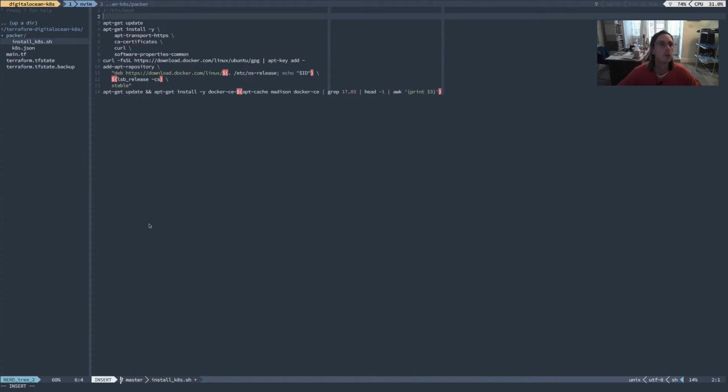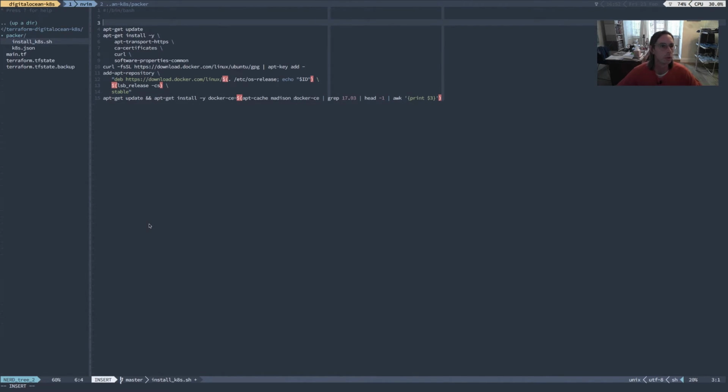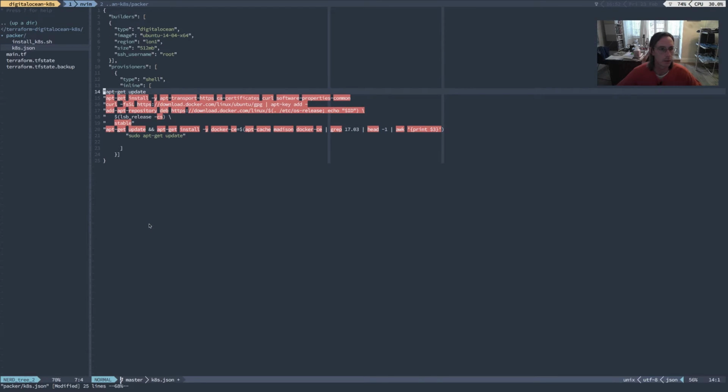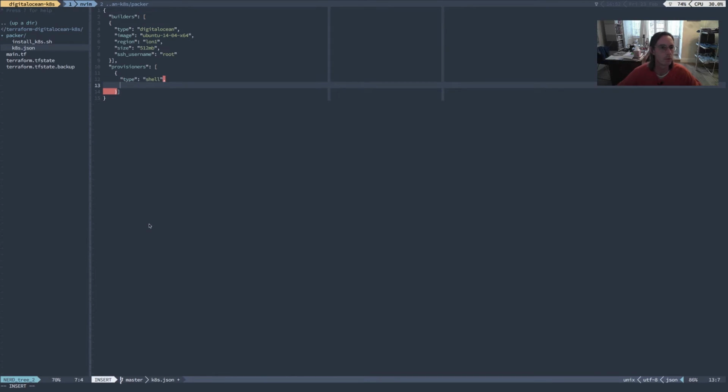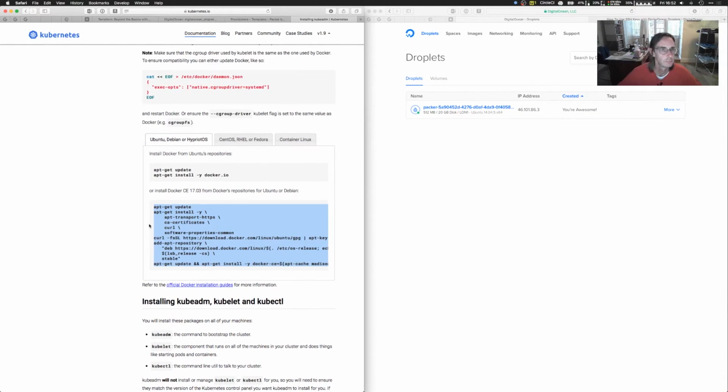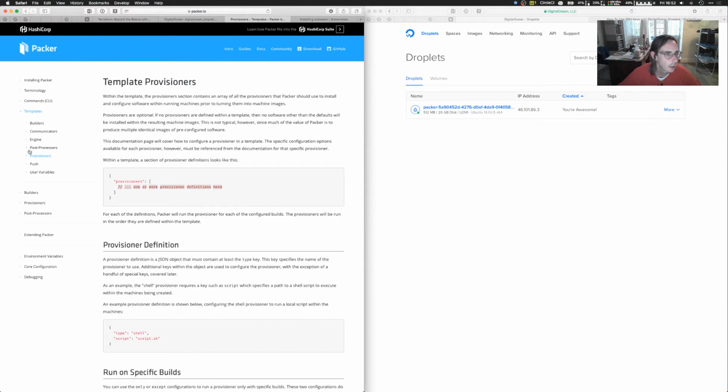So echo install Docker. So now here, rather than doing inline, if you remember from earlier, what I can do is I can use a file. So back to Packer,